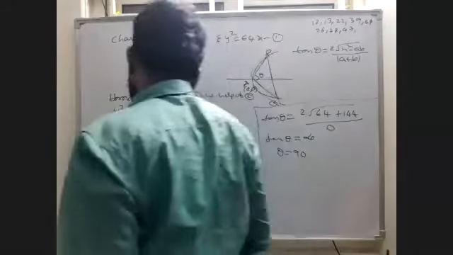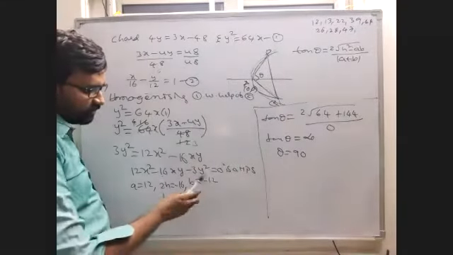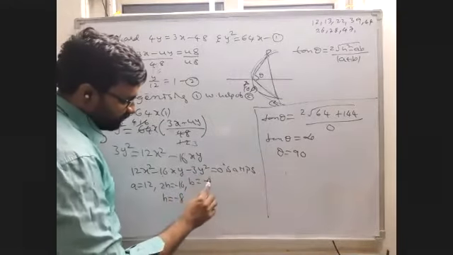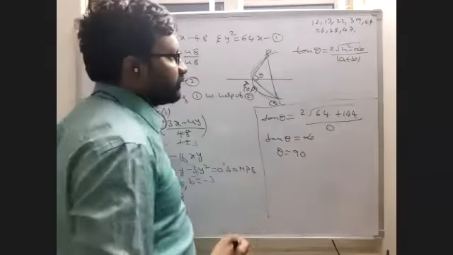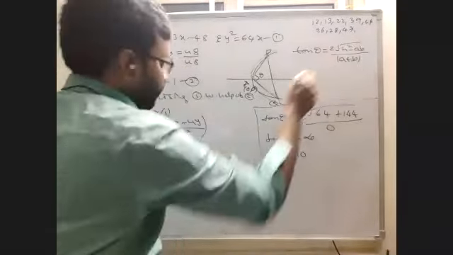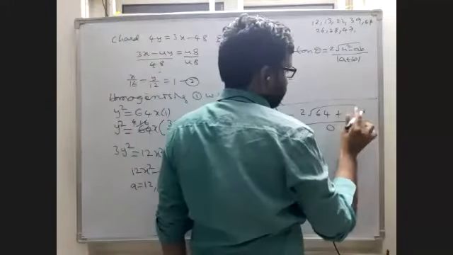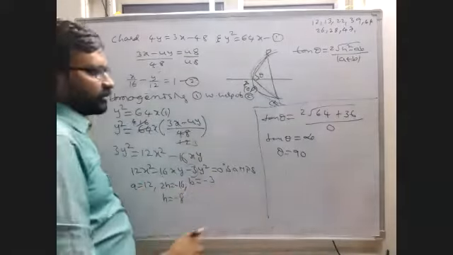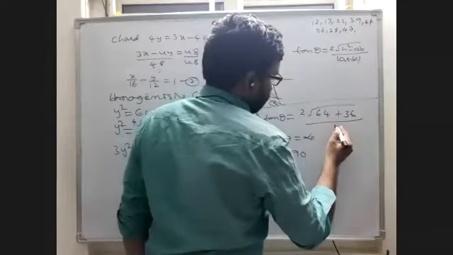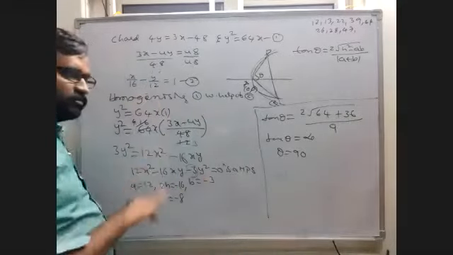Here we made a mistake. A is 12, so h is minus 8. B is equal to minus 3. This is not minus 12. This is by square. So here you have to write in place of b, that is AB. 12 into 3 is 36, minus into minus plus 36. And now A plus B: 12 minus 3 will be 9.